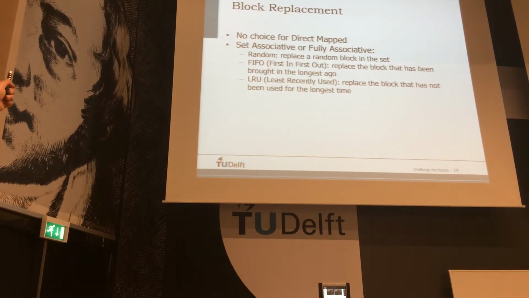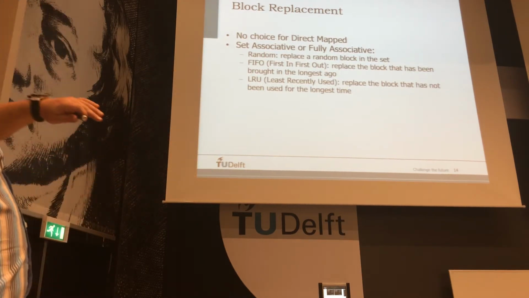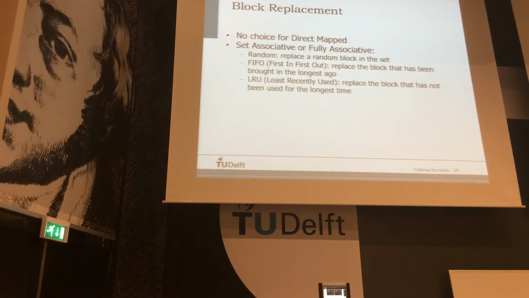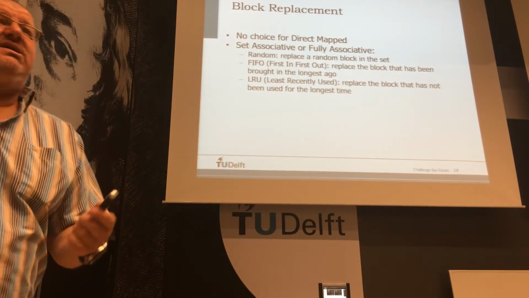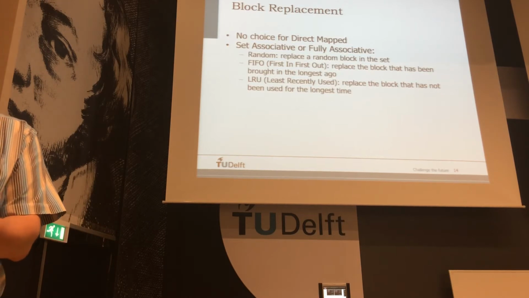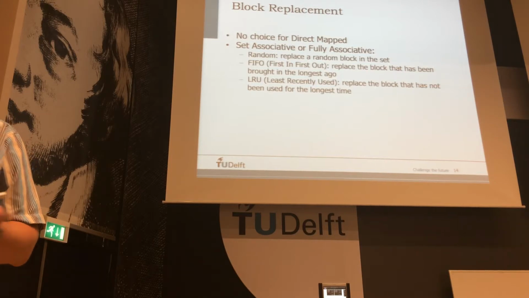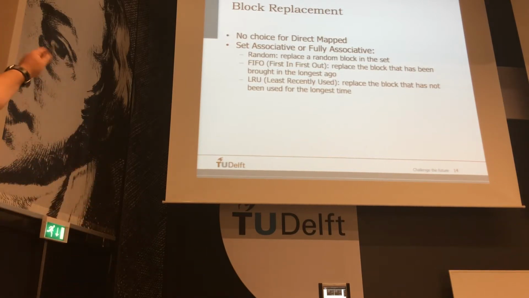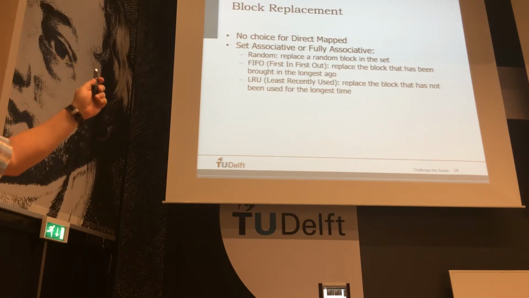I can flip a coin. I can ask somebody. I can use a FIFO kind of policy. I can use a least recently used policy. Most of the time we use the last one, which is assuming that whatever I did not need in the recent past, I most likely will not need in the close future. If I make bad choices here, I may evict information from the cache which I may need just immediately later on, which is not good.